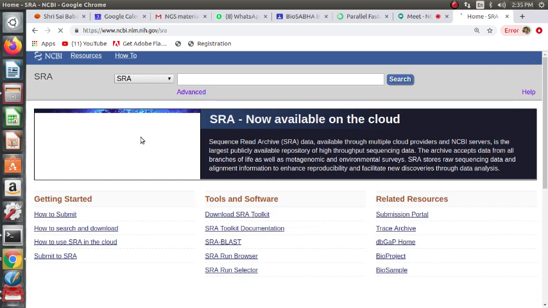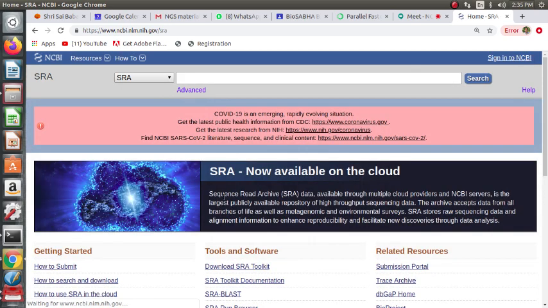We have to download via the SRA toolkit. The Sequence Read Archive, with data available through multiple cloud providers and NCBI servers, is the largest publicly available repository of high-throughput sequencing data. The archive accepts data from all branches of life as well as metagenomic and environmental surveys. SRA stores raw sequencing data and alignment information to enhance reproducibility and facilitate new discoveries through data analysis.